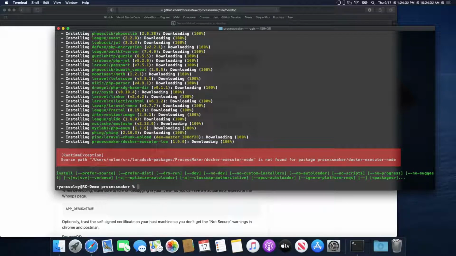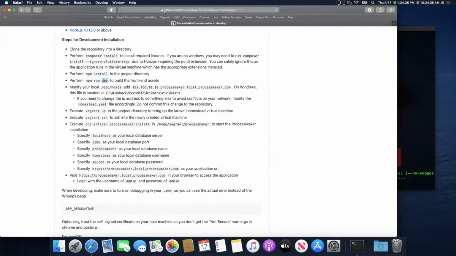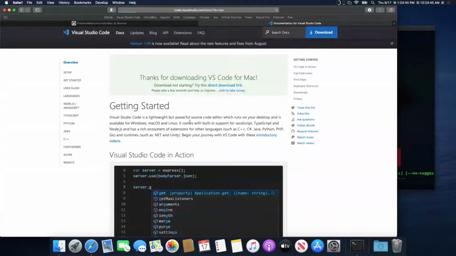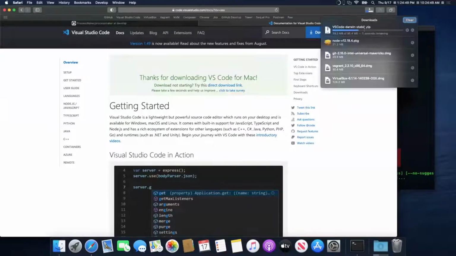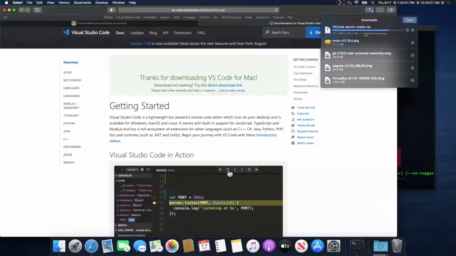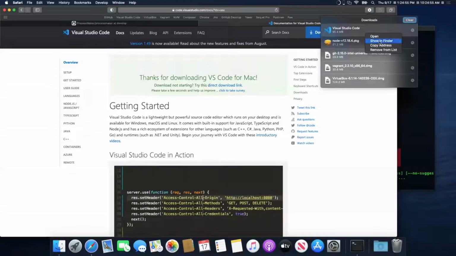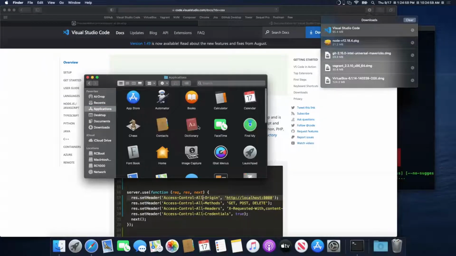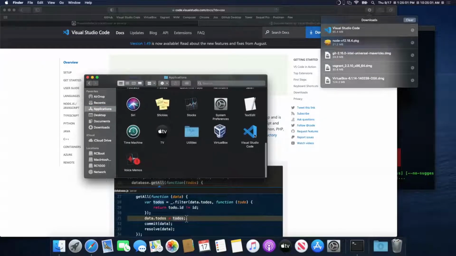Well, that's interesting. Let's see what we can do about that. So I'm going to skip ahead a little bit here. I'm going to install our code editor, which is VS Code. This is the one that I recommend. This is one that most of the company seems to use. There are others. There's Atom. There's PHP Storm, I believe. There's a bunch of different code editors that you can use. But in this case, we're going to use Visual Studio Code,